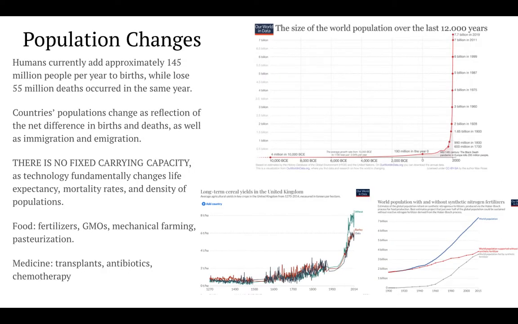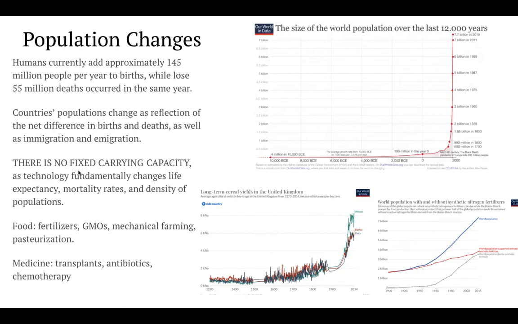So population change. What do we need to know about population change? Well, recently, humans have experienced what we would call an R exponential growth phase within our global population. Approximately, we're adding 145 million people per year to births, while we're losing about 55 million to deaths. Now, countries' populations change as a reflection of both the differences between births and deaths, as well as immigration and